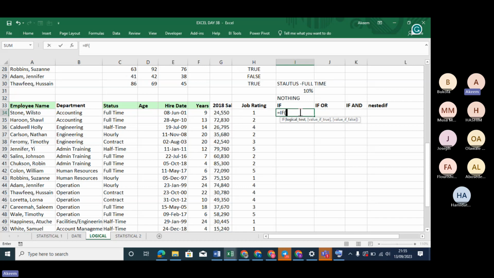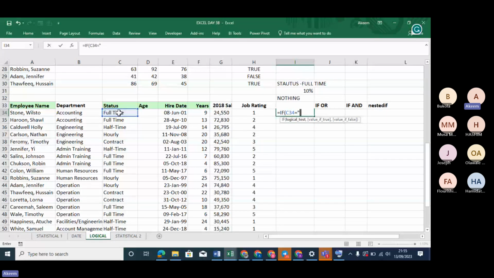So what is our logical test? This tells if this one equals to double quote full time. Please, you must type it exactly the way it is typed. Full time and double quote. If C34 equals to, you put full time in double quote. If C34 equals to full time, comma,